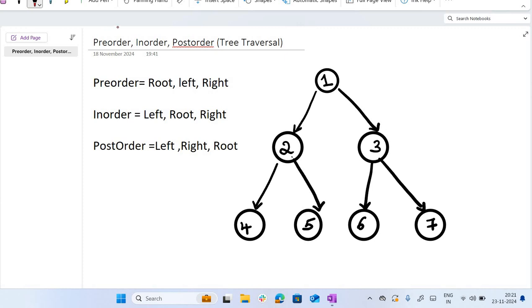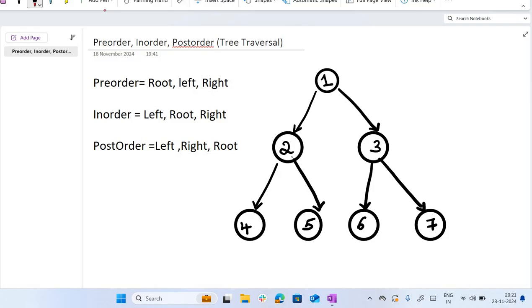In this video, we'll learn about pre-order, in-order and post-order tree traversal in a binary search tree. So how do we actually find out a pre-order? How do we find out in-order and post-order? We'll see in this video. So before writing the pre-order, in-order and post-order, what is the order that needs to be followed in